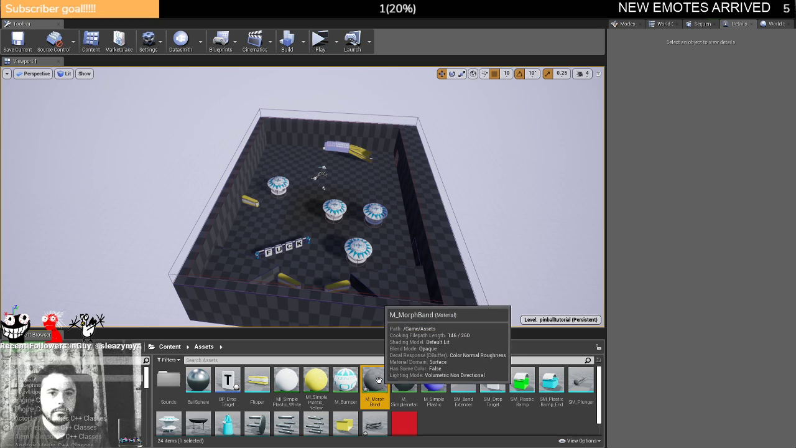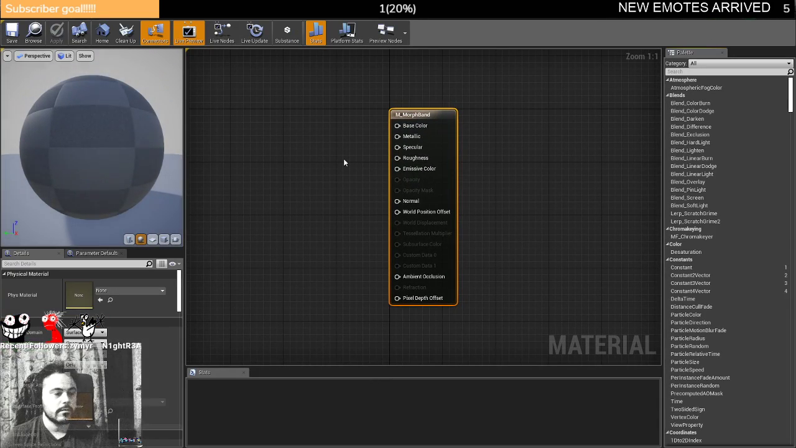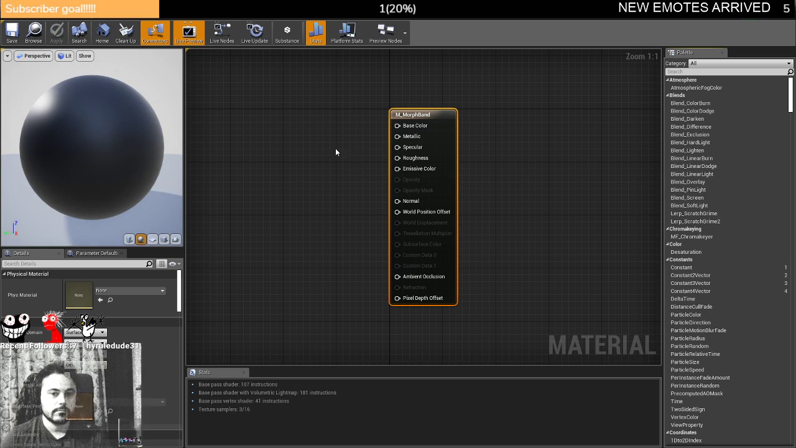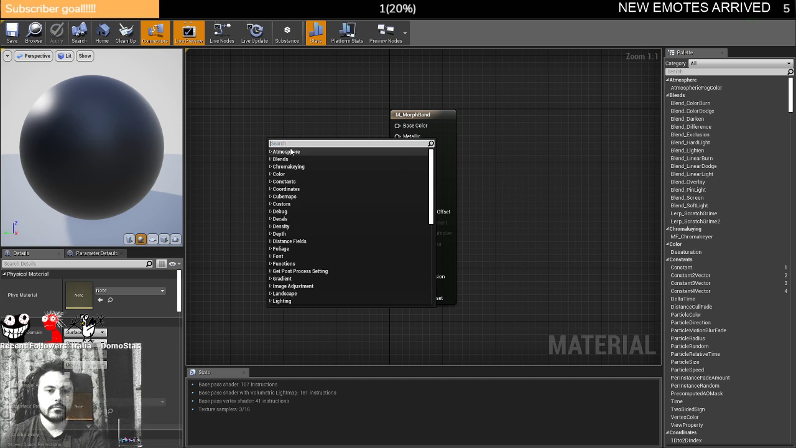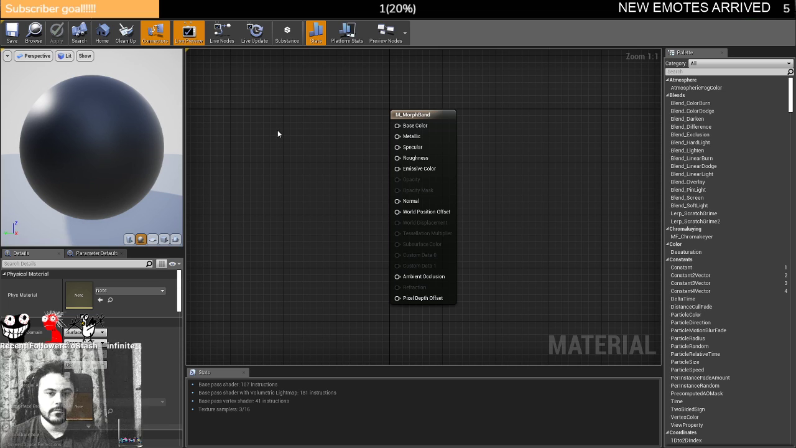And this morph band is going to be set up reasonably simply. All I'm going to do here is I'm going to set up first off the color. So I'm going to hit V and drop in a vector parameter, which lets me set a color that can be instanced. I'm just going to call this color. Going to set the roughness to be very